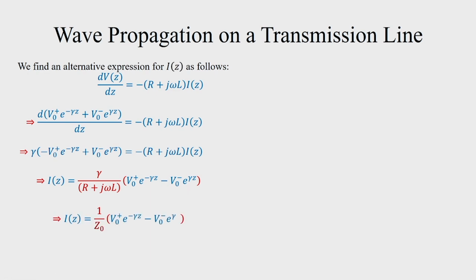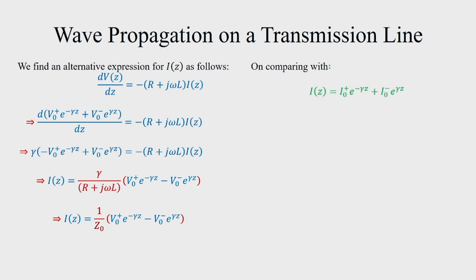And this can be written as Iz is equal to 1 by Z naught [V naught plus e to the power minus gamma z minus V naught minus e to the power gamma z], where Z naught we are defining as (r plus j omega L) divided by gamma. If we compare this expression for Iz